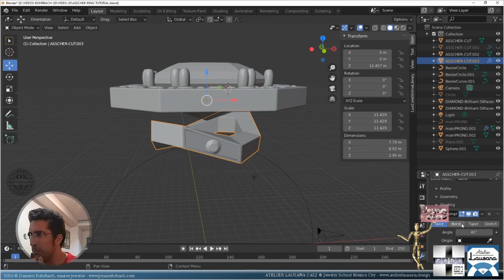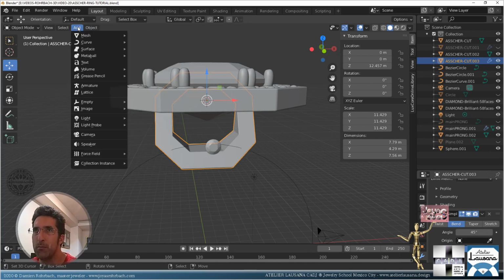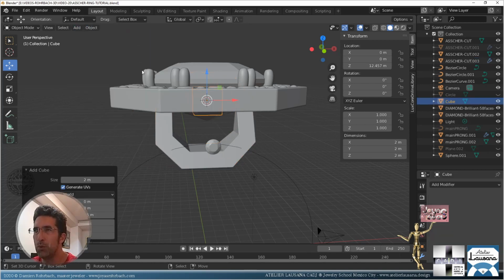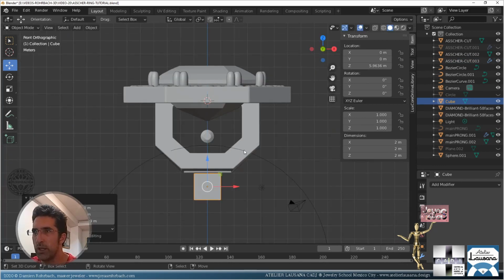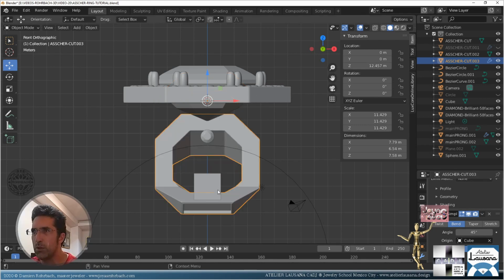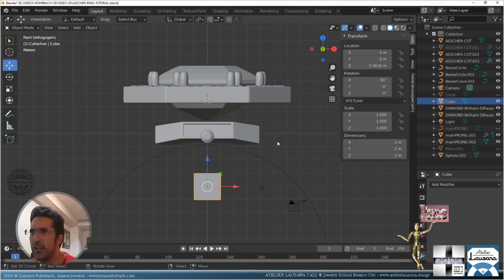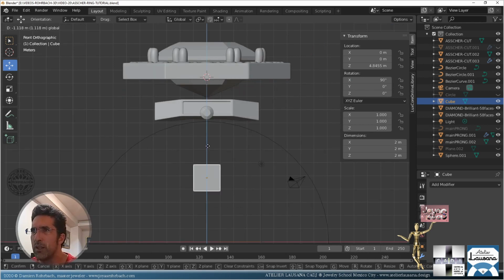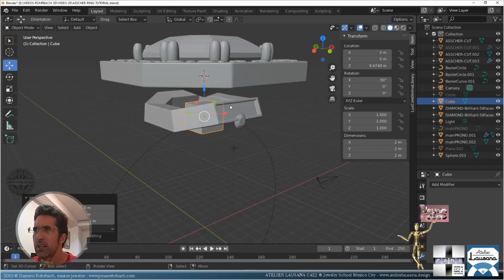It's going to be a bend. Now we need Shift S, cursor selected, add mesh cube. All right, let's bring this anywhere here. Now the reference object for the bending is the cube. And the cube will need to rotate, generally it's 90 degrees right there. So now it depends the position of the cube. Okay, the bending